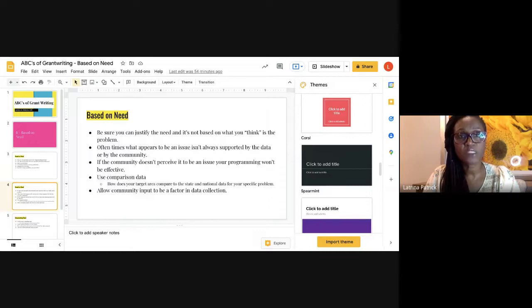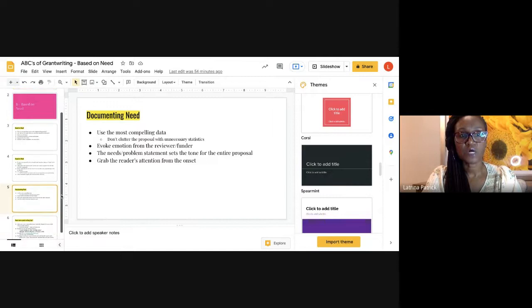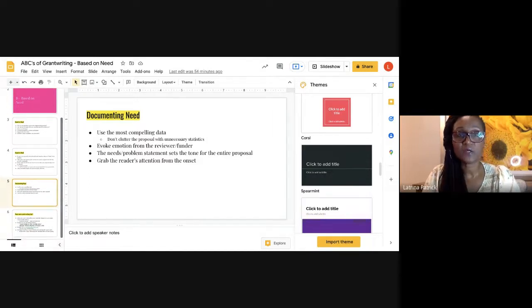But you want to always be able to start out with some community buy-in, and that's going to really help you make your case in your proposal for your need, especially. And so when it comes to documenting your need, you want to use the most compelling data. So a lot of times you can find a lot of data on a particular